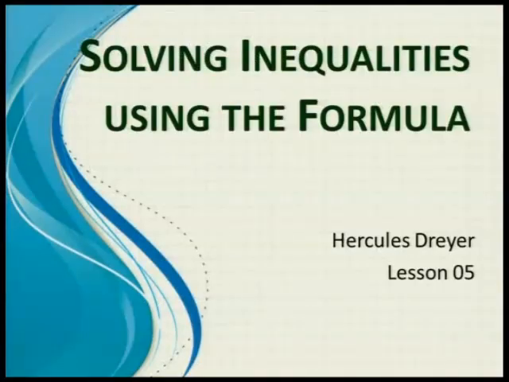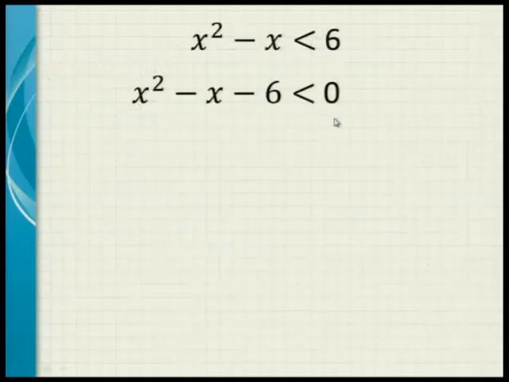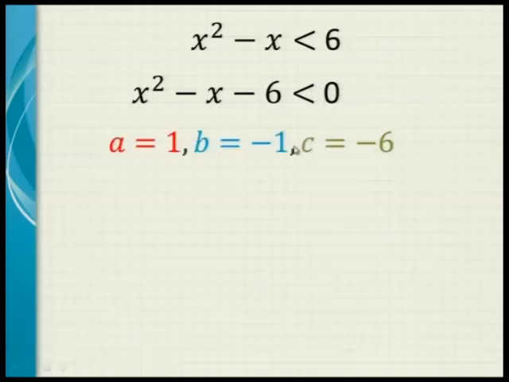In the previous lessons, we looked at the standard way to write the formula, and we looked at substituting, and we looked at solving for x. And what we're going to do now is just focus a little bit on inequalities. Now, in the last lesson, we ended by looking at this inequality, and we minus 6 on both sides, and I told you when to turn the sign around, and eventually we ended here in the standard form with the less than sign there, less than 0.